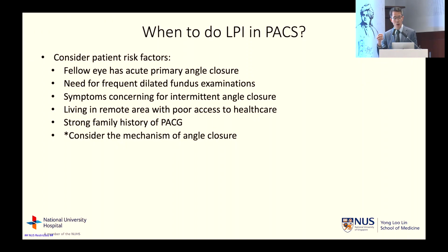Personally, when do I do LPI in patients with primary angle closure suspect? I do consider these factors. Firstly, if the fellow eye has acute angle closure attack, I do laser iridotomy. If this patient requires frequent dilated fundus exams, has symptoms related to intermittent angle closure, or is living in an area where they cannot get access to healthcare, and once again, I emphasize looking at the mechanism